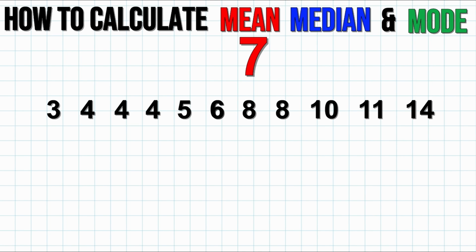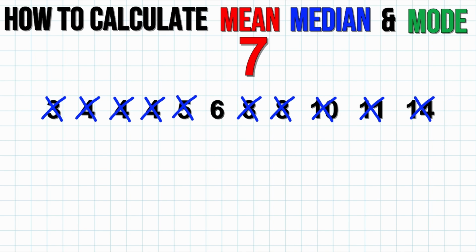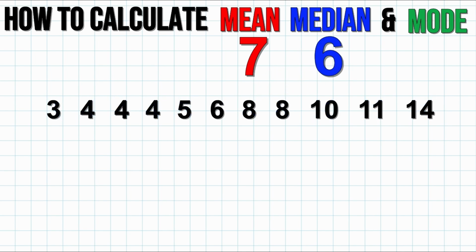Now let's learn how to calculate the median. When you think of the median, I want you to think of the median on a highway. It's in the middle. And so now I need to find the middle number when they're all organized. Now the easiest way to do this is to literally scratch off numbers on both sides. And if I keep doing this, then eventually I'm going to get to the center of all of my numbers. And in this case, you can see the exact middle number is 6. And so this means that my median is 6.